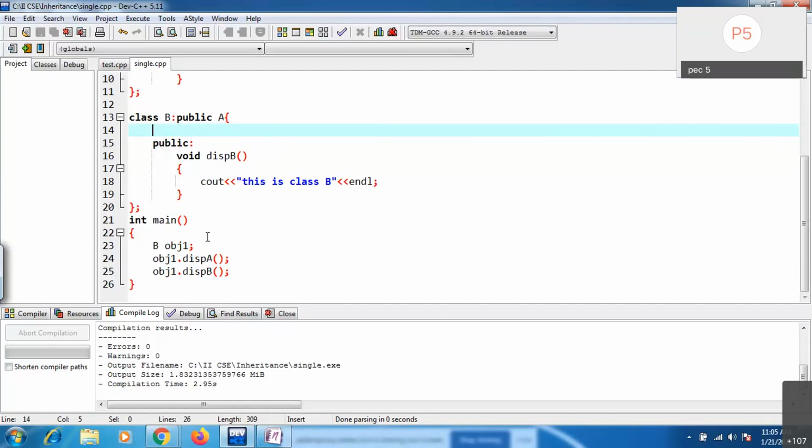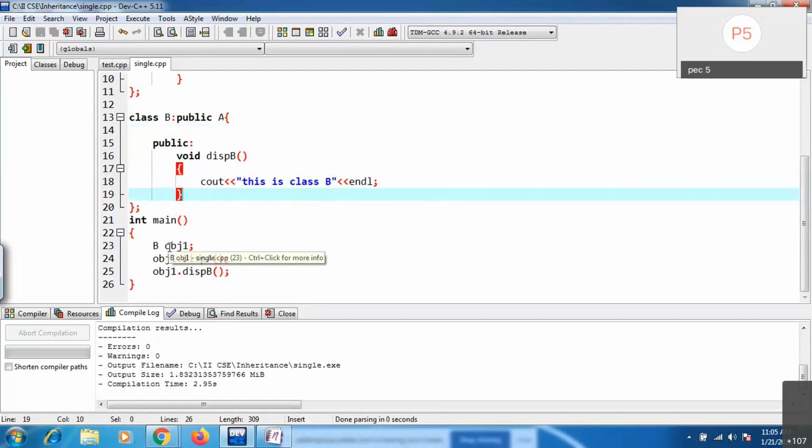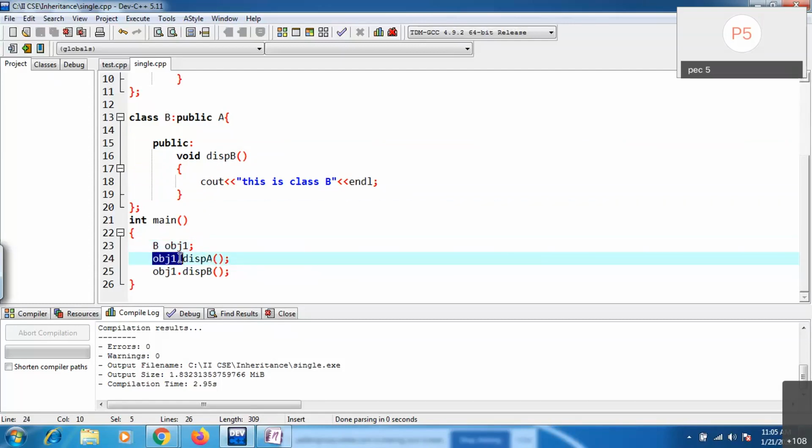Now you are able to access both B class members and A class members by using the derived class object. I'm calling the A class member function dispA and the B class member dispB.